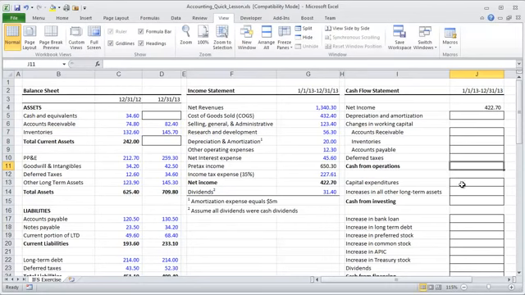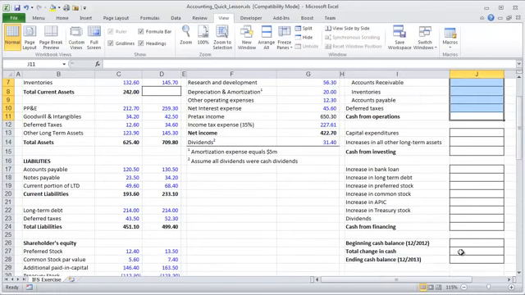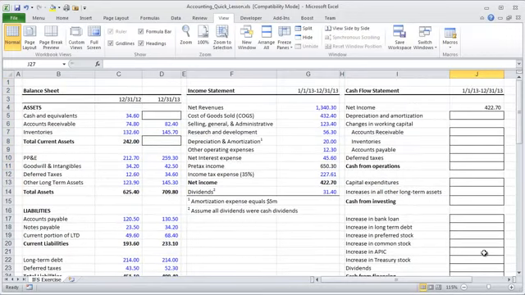In addition to that, there's the recognition that not all cash inflows and outflows are associated with operations. I could have certainly made some capital expenditures. I could have acquired businesses. I could have taken on loans. I could have issued stock. Those don't necessarily qualify as cash from operations. They qualify as cash from investing and financing activities. Those are also inflows and outflows that we have to take into account in order to figure out the net change in cash that's happened during the period. That's how we're going to complete the cash flow statement and figure out what is the end of year cash